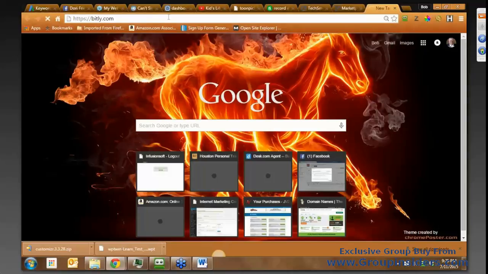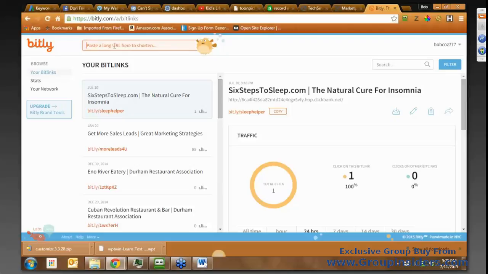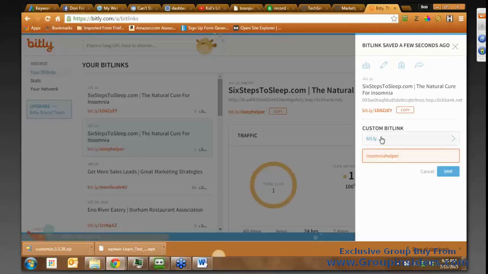Bitly is a very easy way to make URLs that look a lot better. As you can see, this is it. I want to make something the helper. What this is going to do with Bitly is it's going to let me track how many people have actually come through my link, and it also is going to give me a much better looking link. So I can copy this now, and when people come to my YouTube video,